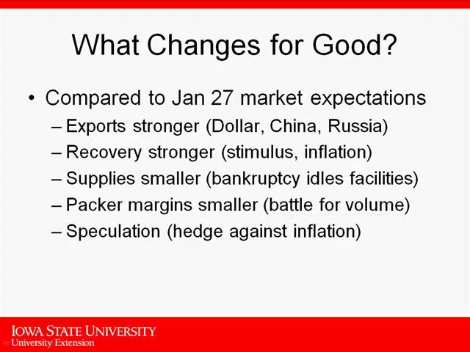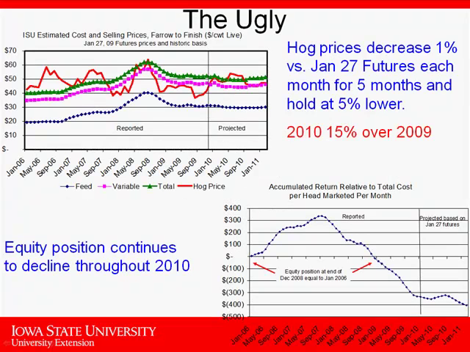I put this one together, I started back in December, and I said, you know, with smaller supplies, packers just battle it out, and the basis improves because there are fewer hogs, and they really fight it out. I'll show you in a couple of slides the flip side of that. And there was talk a couple of months ago about the traders just saying, man, if there's inflation, the only safe place to be is in commodities. And so what if you get a lot of speculators coming into the market, and that drives the price higher? All of those things can contribute to higher prices than what we knew yesterday.